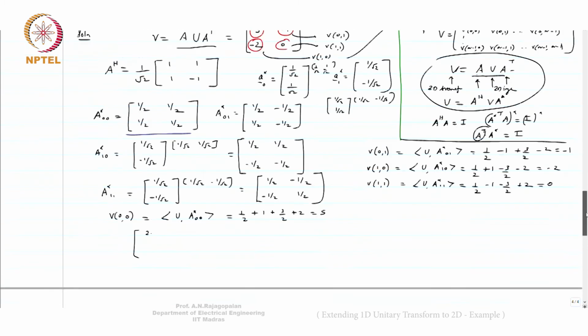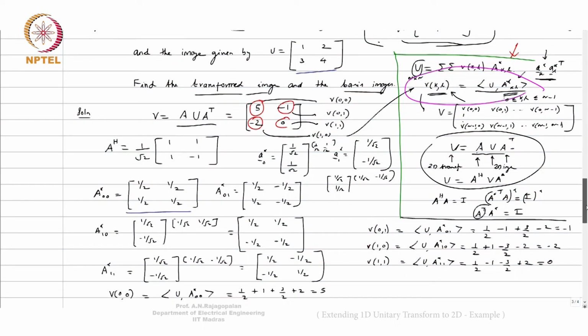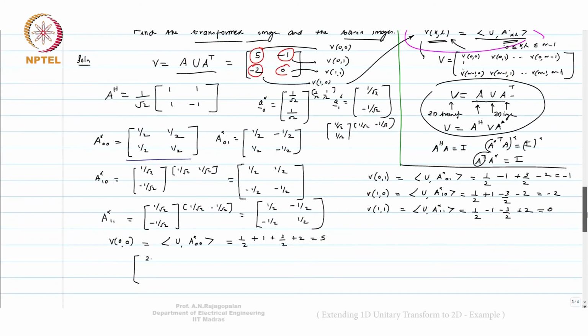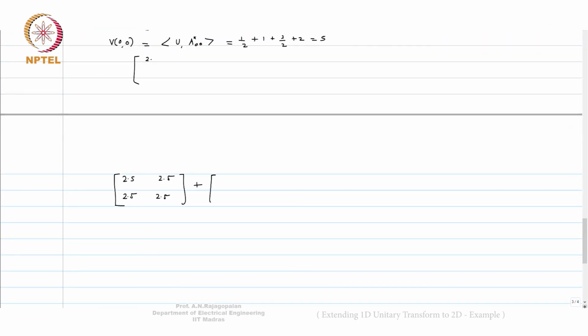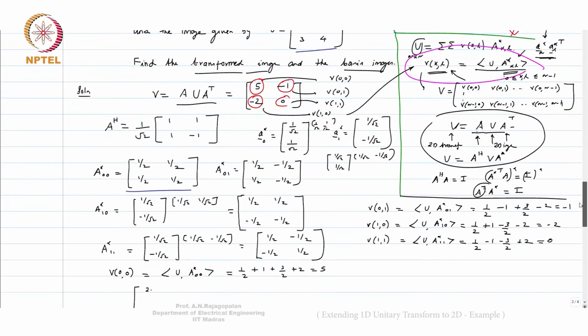Okay, V star 0, 1 was how much? Minus 1. So that we need to multiply with A star 0, 1. So that will be minus half. What is it? Minus half plus half. And then minus half. Minus half plus half. Then third guy is what? Some minus 2 or something we saw. No? So